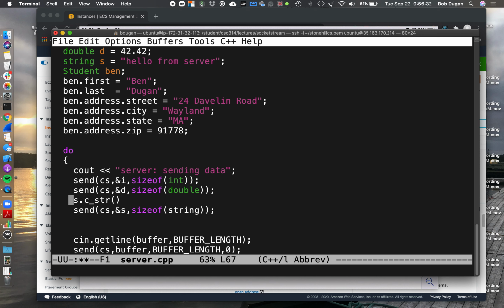And what we're going to do is copy that information into buffer. Remember, we have our buddy buffer that we already set aside, and we're going to do that for a length of strlen(s.c_str()) plus 1. So I'll show you what that looks like